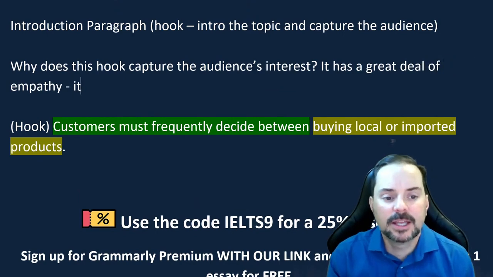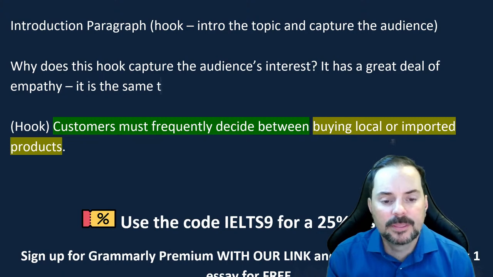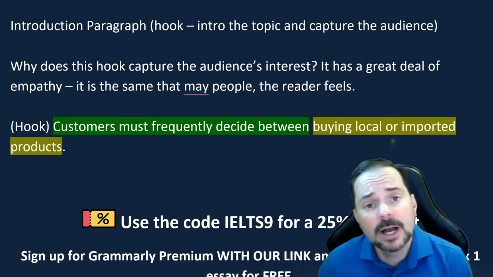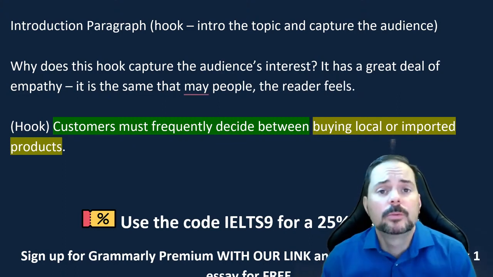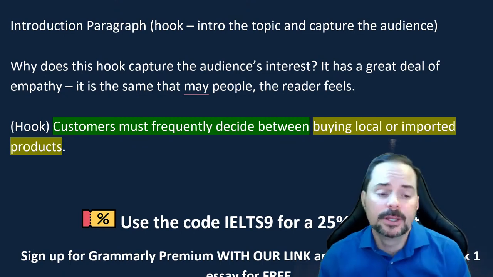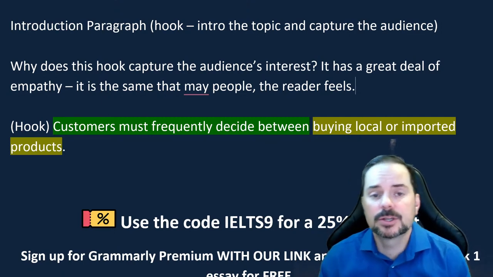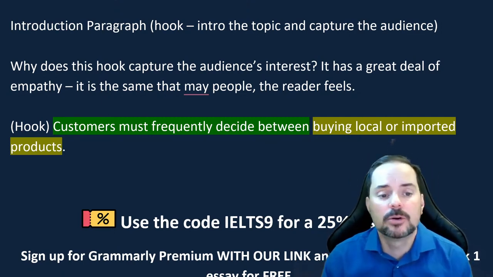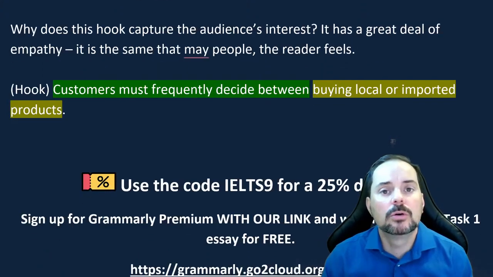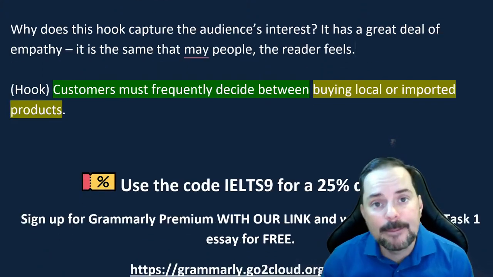Meaning that it is the same that many people feel. So here the examiner goes, yeah, I do that. This morning when I went to the market, I had to look at the imported mango, which cost this much and looked this good. And I looked at the domestic mango and yeah, I had to make that decision. Okay. So a good hook creates empathy